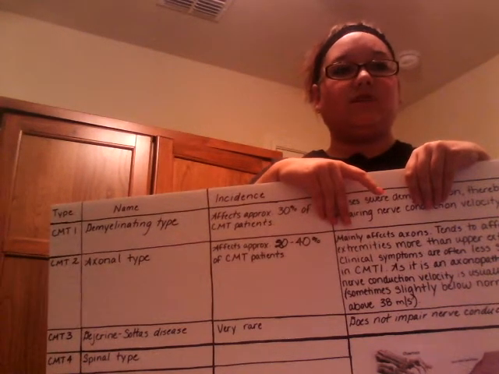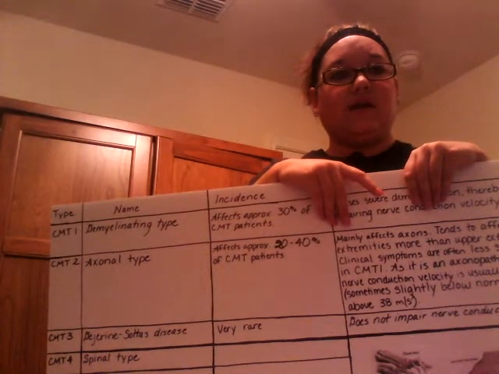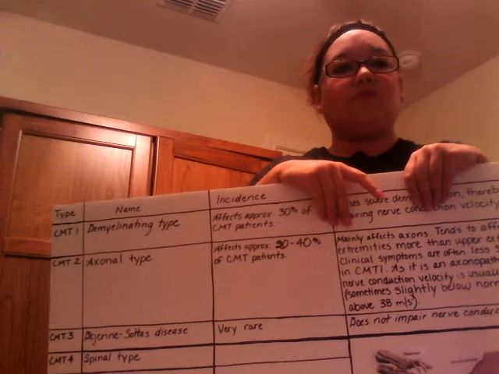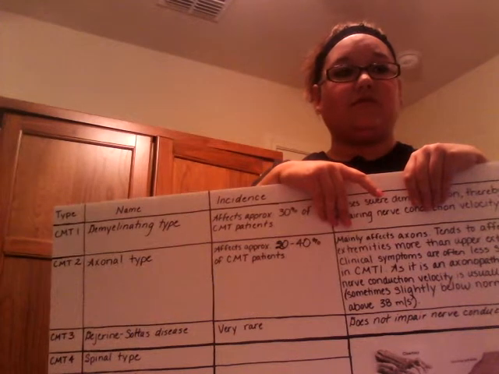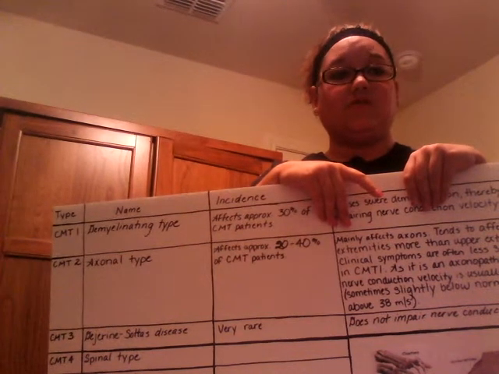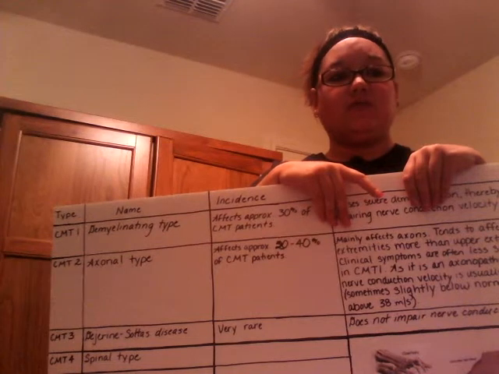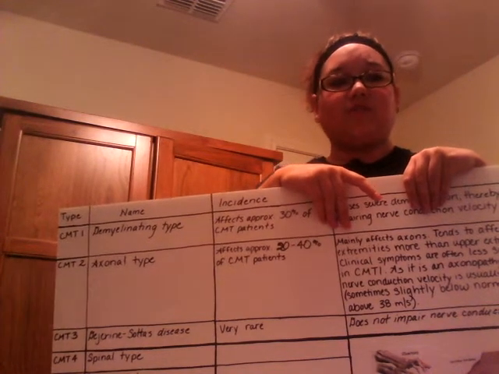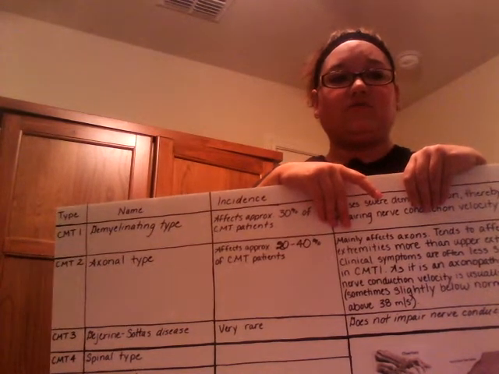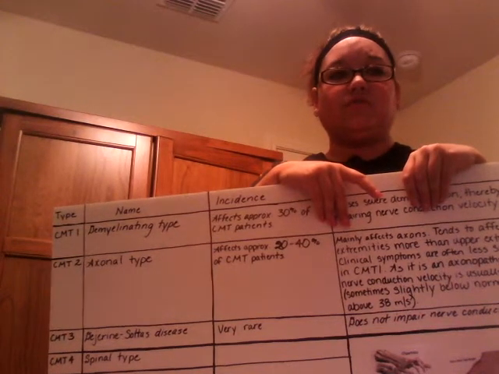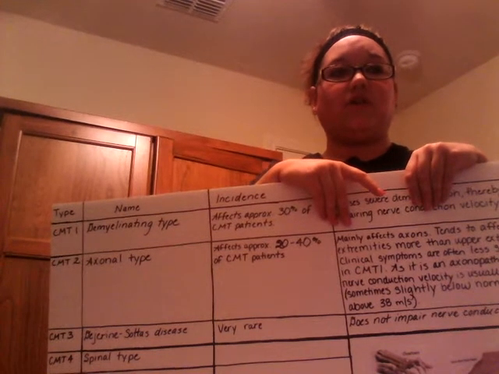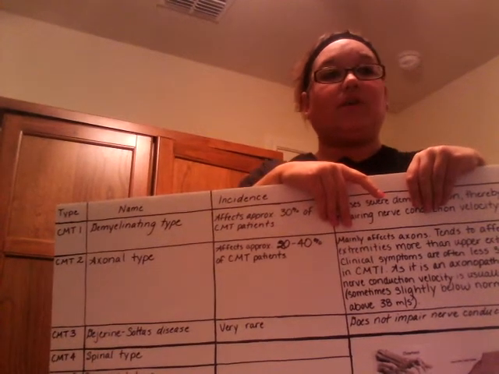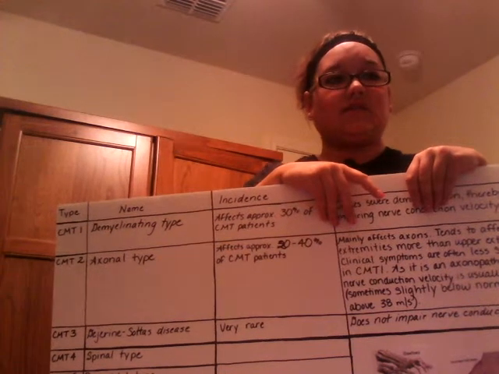CMT1, usually CMT2, CMTDI, and CMTRI are inherited in an autosomal dominant pattern. This is when one copy of the altered gene in each cell is enough to cause the disorder. CMT4 and a few forms of CMT2 are inherited in an autosomal recessive pattern. This is when both copies of the gene in each cell have mutations. Usually, the parents of an individual with an autosomal recessive condition each carry one copy of the mutated gene, but do not show signs and symptoms of this.